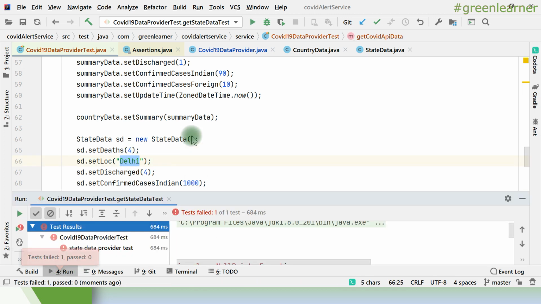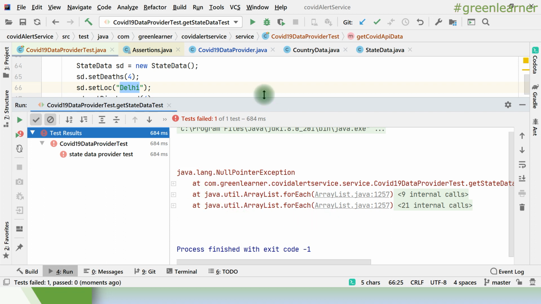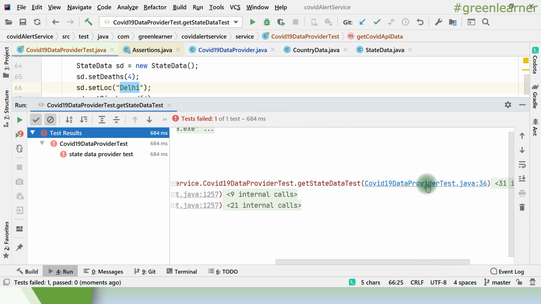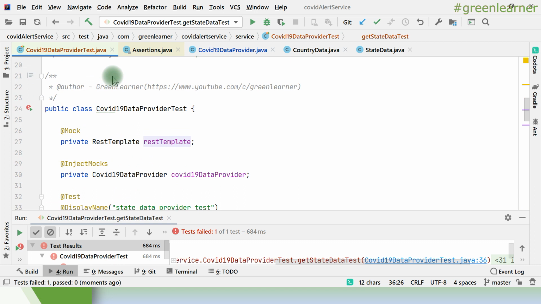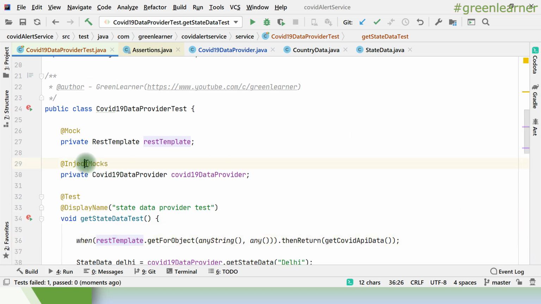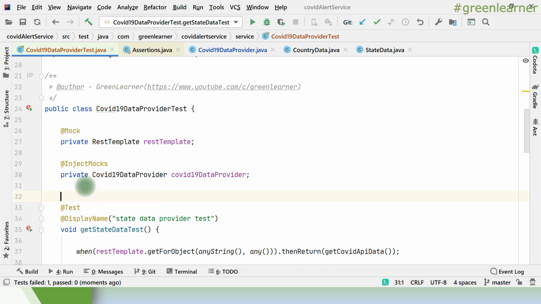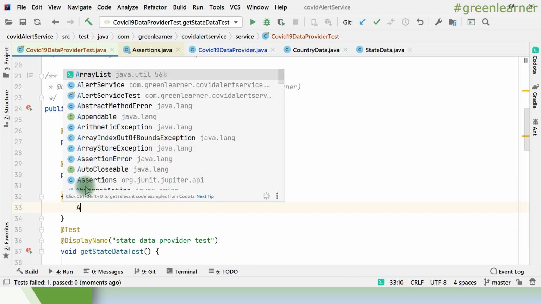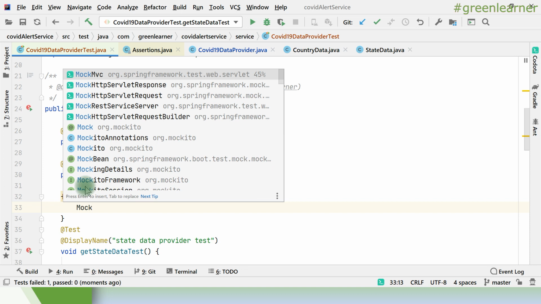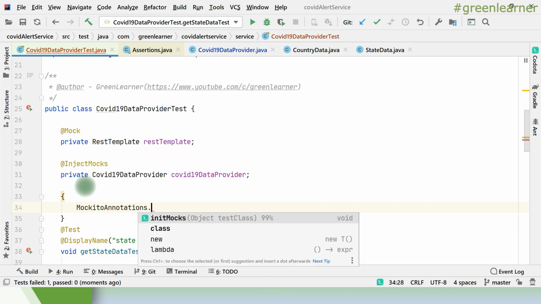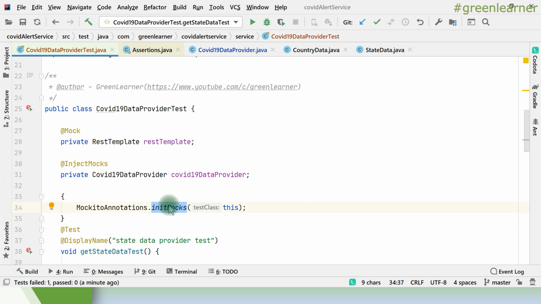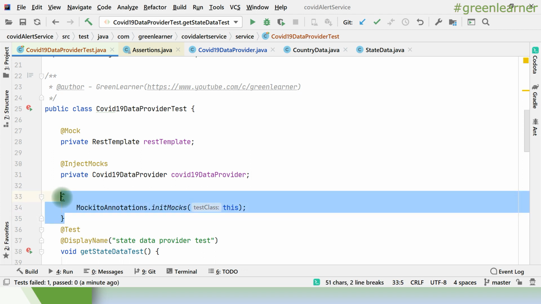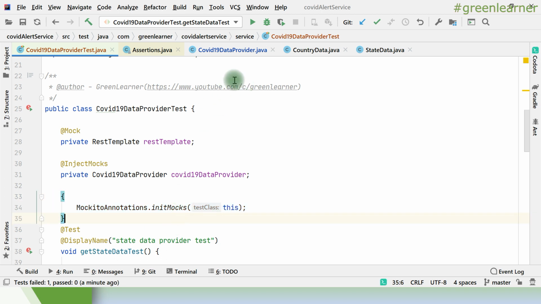So the case is failing. See what is the problem? Null pointer exception. So where is it failing? At the rest template. So this is somehow null. Yeah, so I got the issue. You used the InjectMocks and @Mock annotations, but forgot to initialize those mocks. With Mockito annotations, you have to call initMocks on this, right? In the previous test I used initMocks inside the BeforeEach setup, but I can use that in the constructor or instance block as well. That is going to work perfectly fine.